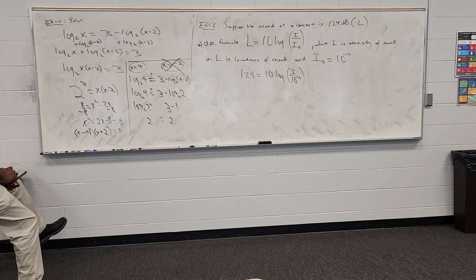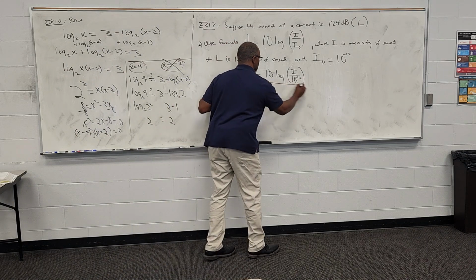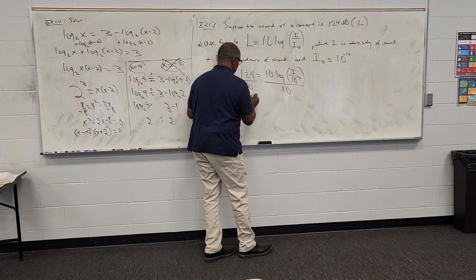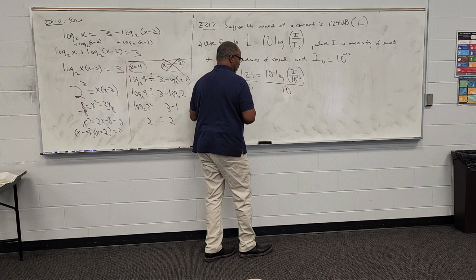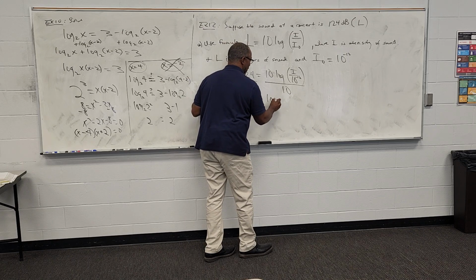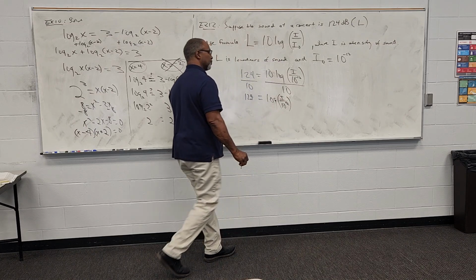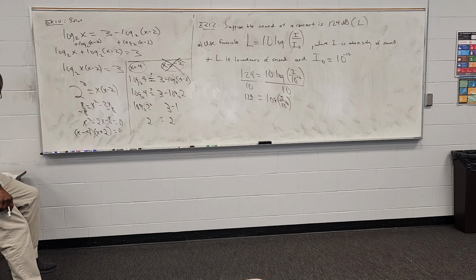Okay. So the first thing we do is we isolate the log. So I'll divide both sides by 10. By 10 there, got to divide by 10 there. I get 12.4. 124 divided by 10 is 12.4. All I got left over here is log of I over 10 to the negative 12. Okay? So there's my log form. I'm going to rewrite that